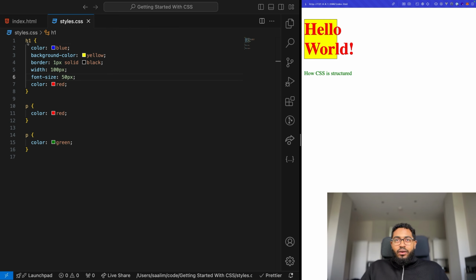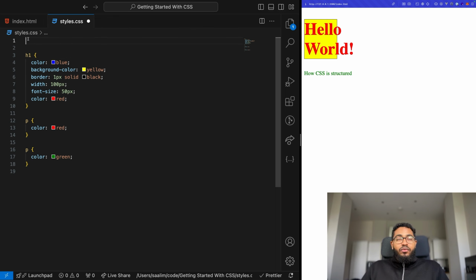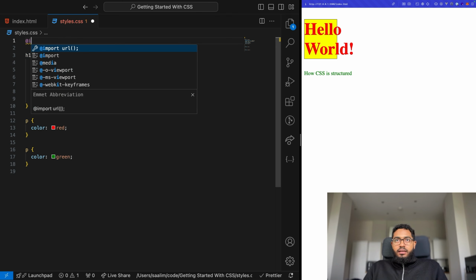These little guys are called @rules. Now, @rules tell your CSS how to behave under certain conditions. It's like giving your styles special instructions to follow when the time is right. One of the most straightforward @rules is import, which tells you to pull in another style sheet into your current one. So we can use that just by using the @ sign